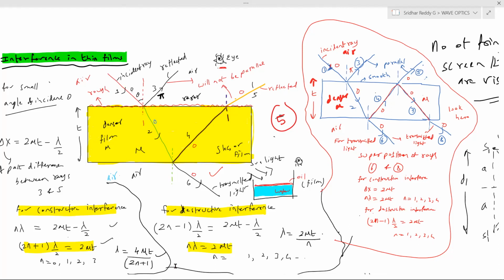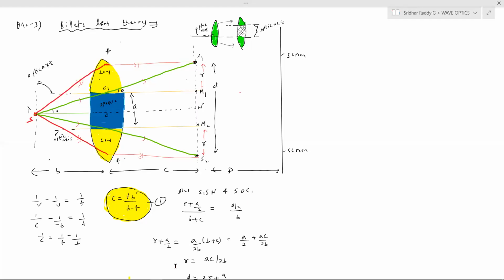Okay, after this, we'll go for the next topic. We'll take the Billet lens. We'll discuss the idea behind the Billet's lens theory. First, what do we mean by Billet lens? So we'll start with this. There's actually a lens, and this will be the optic axis. Now I'm going to cut the lens into two equal